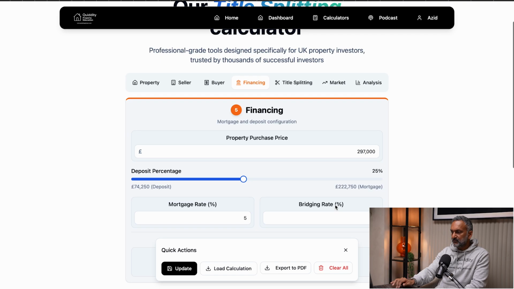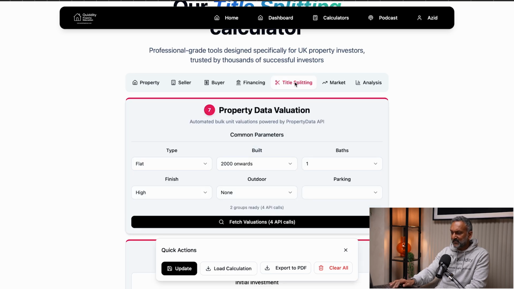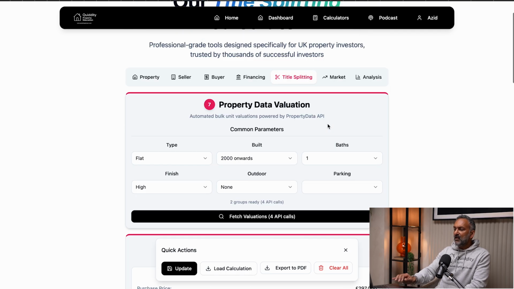I'm already making £2,280. So really my bridge cost is being covered by the rental income. So in effect, it's not costing me anything during the time of ownership, during the time I'm actually title splitting it, because the rent is servicing the bridge. So from a title split perspective, number 7, you can then start to say, well, how much is that now